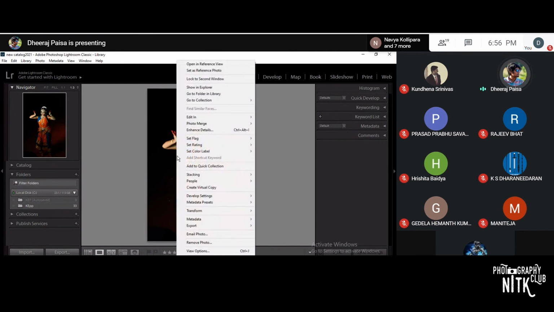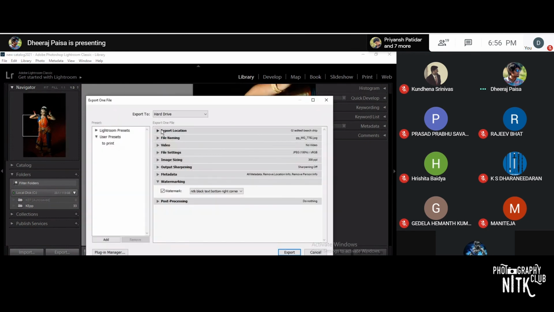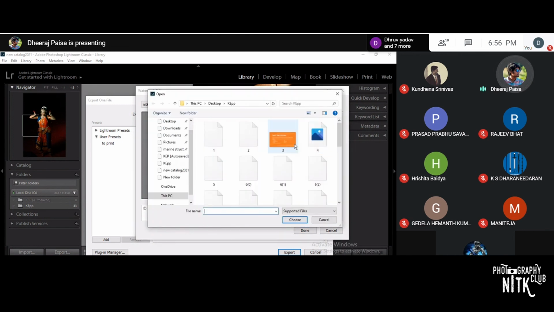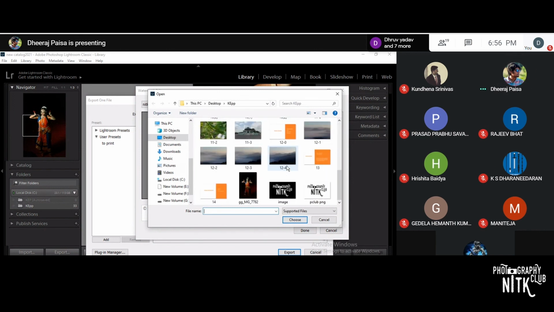Right click on the image, take the export option. In this, you will have a watermark option in the last second option. Just go to edit watermarks. In this, you select watermark style as graphic and choose an image or PNG file.